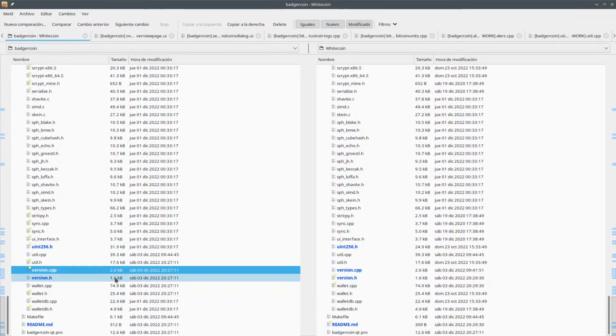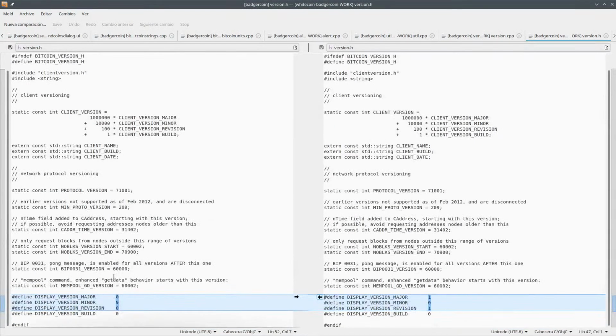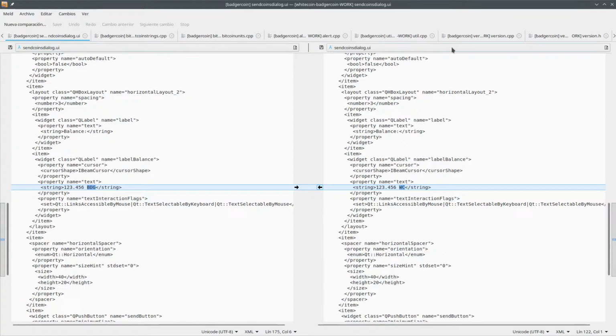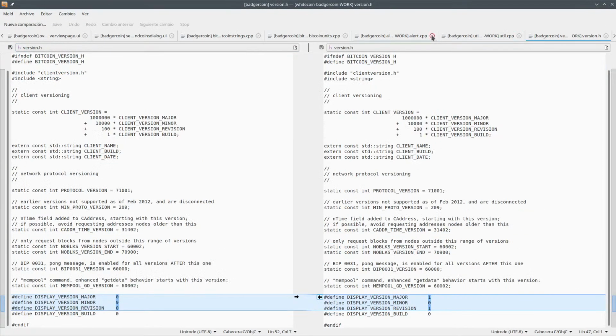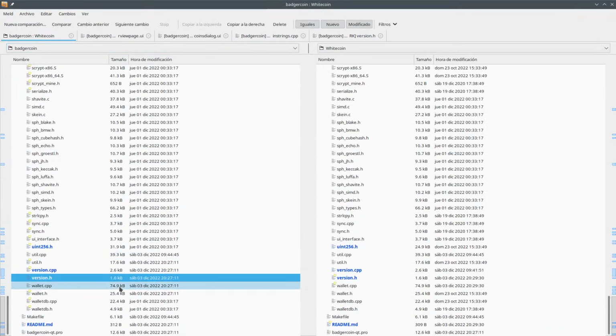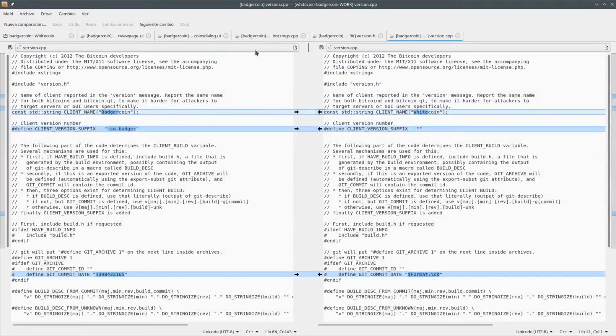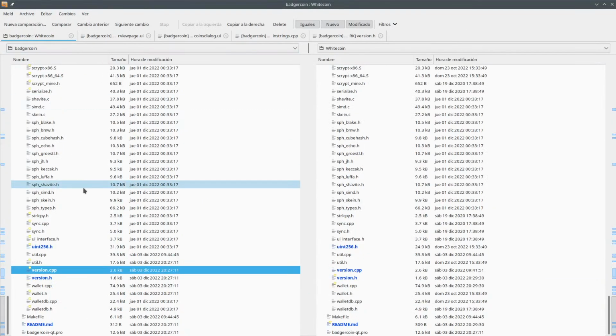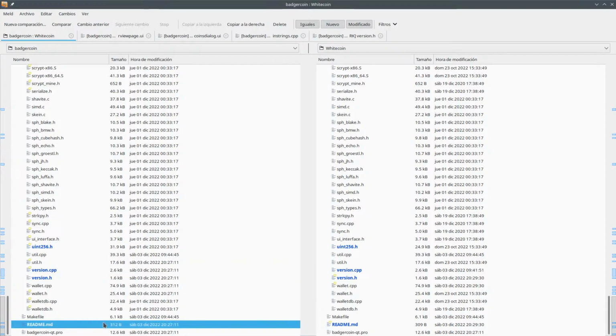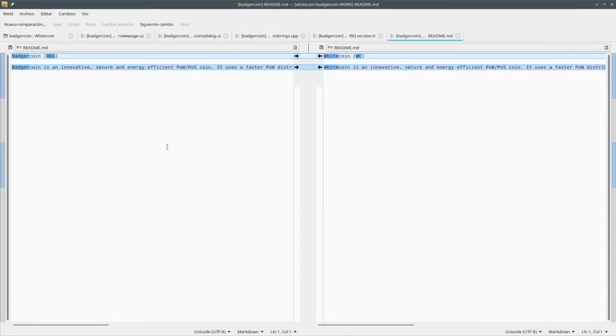Okay, anyway, the version.h, yes, this is another stuff that we don't care too much about. Okay, and readme. Yeah, this is not the right thing to have here. Okay, so